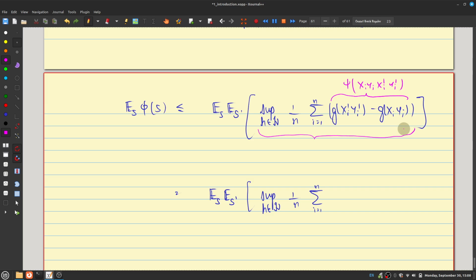Since S and S prime are independent and identically distributed, even if I take the negative, let me write out what I want to write. This is equal to sigma i times g of xi prime yi prime minus g of xi yi